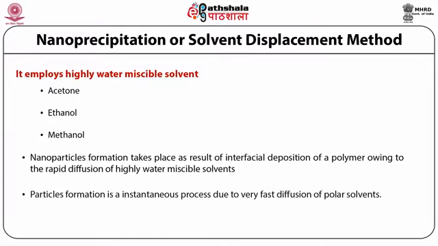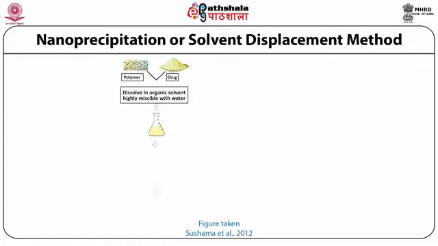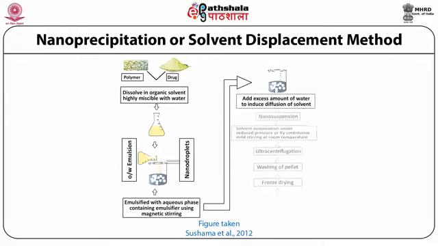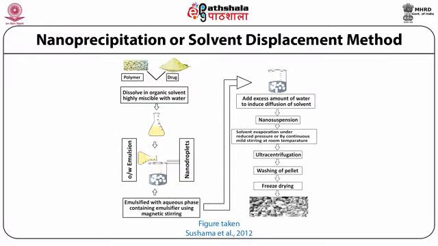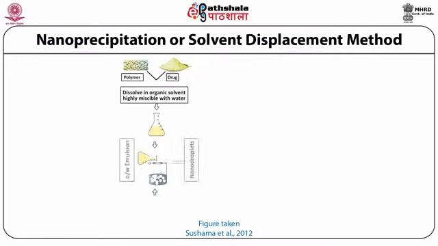Particles formation is an instantaneous process due to very fast diffusion of polar solvent. Now, let us discuss the process variables which make a great impact on efficiency of the process in terms of particle size and entrapment. The process variables are almost the same as we discussed in the previous method, like polymer molecular